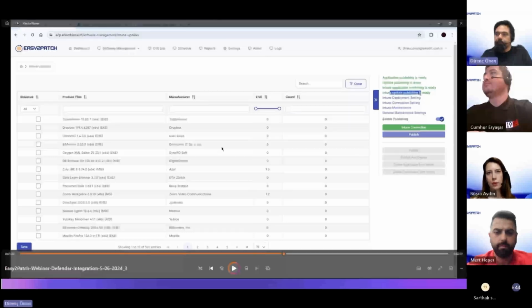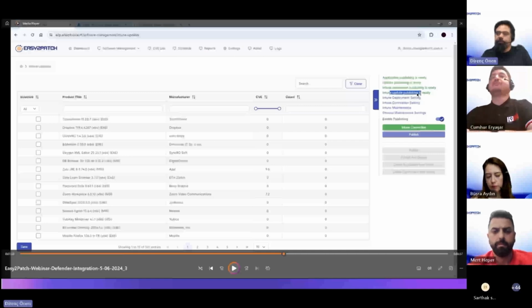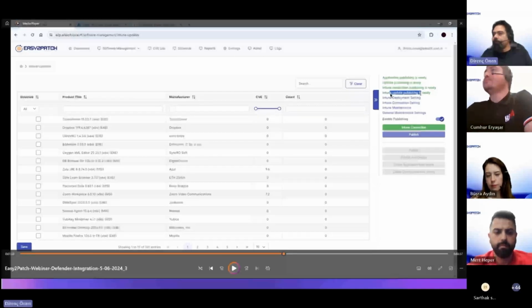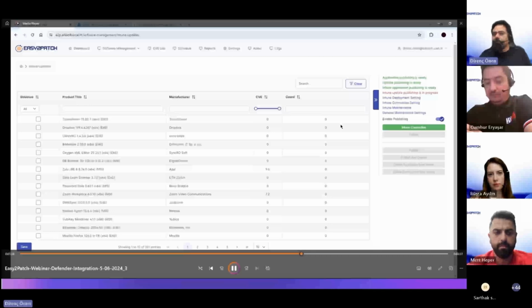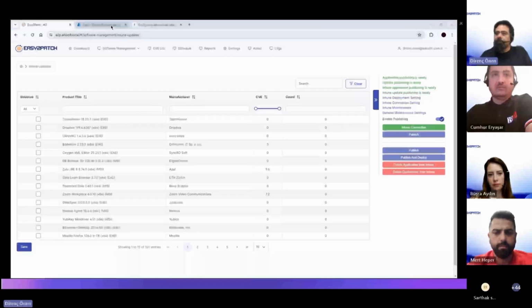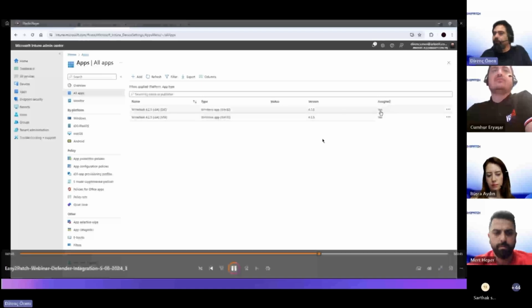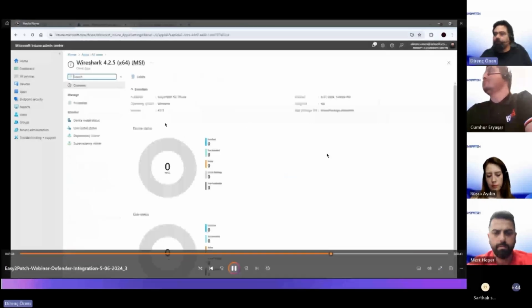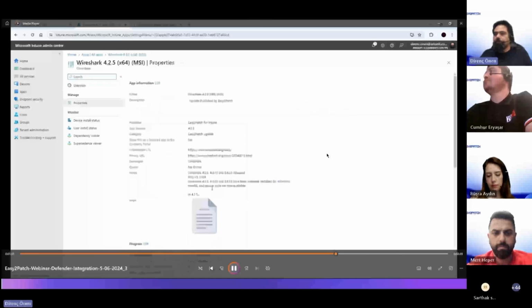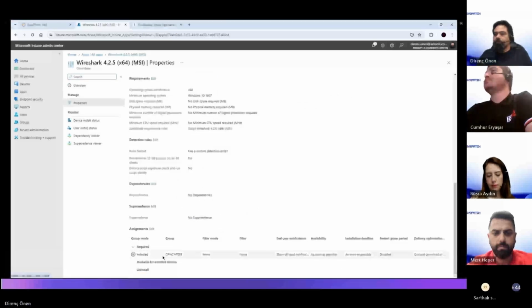Yeah, in this state, Intune update publishing is ready. The time has not arrived yet, and actually, after the scheduled time arrived, the system automatically sent the application to Intune, and as you can see, Wireshark is deployed to Intune and assigned automatically. After that,